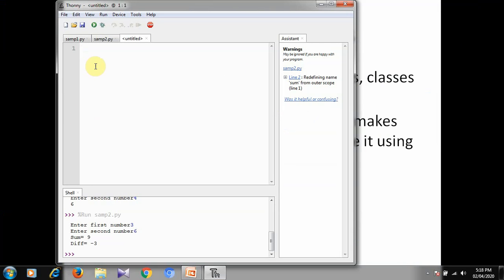A module is a collection of functions, so I will write all the arithmetic functions in this module. This is my first function, second function. At the end of our function we are required to write a colon.